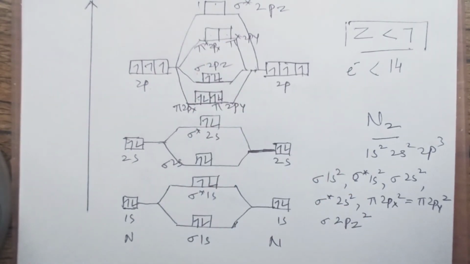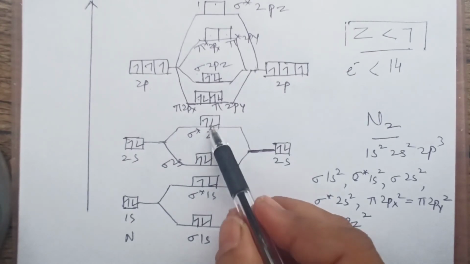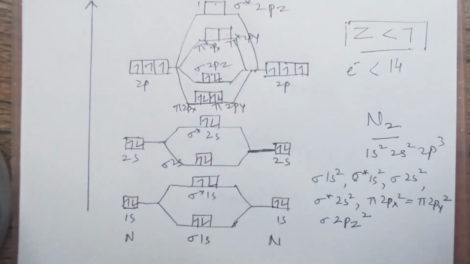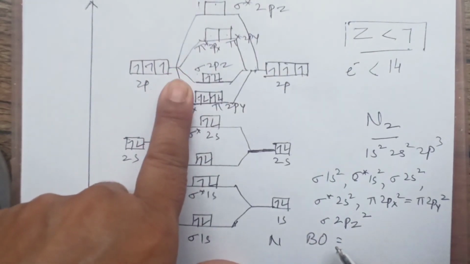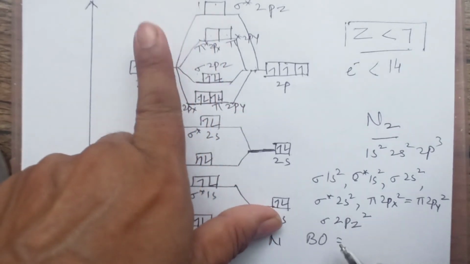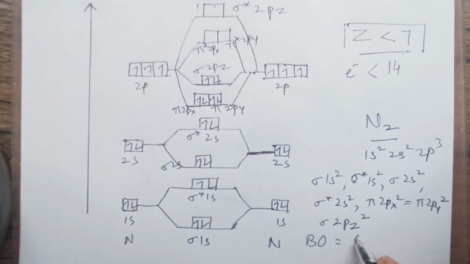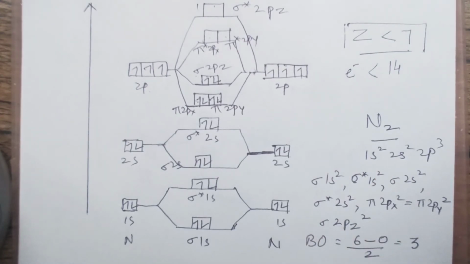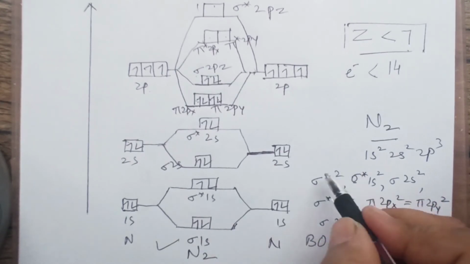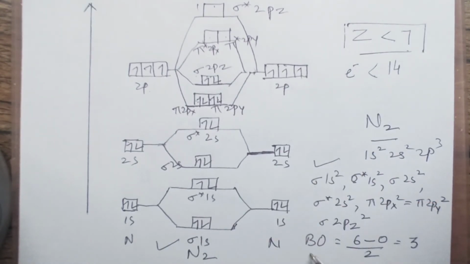Now, when you are checking para or dia, bonding and anti-bonding electrons that are the same you can neglect. Only in the last one you can see. So, what is the bond order for this? You can check how many bonding electrons there are: 6, and anti-bonding 0. So 6 minus 0 by 2, bond order is 3. In the nitrogen molecule, the bond order is 3. Clear? This is the diagram for N2. We have written the diagram, the configuration, and calculated the bond order.